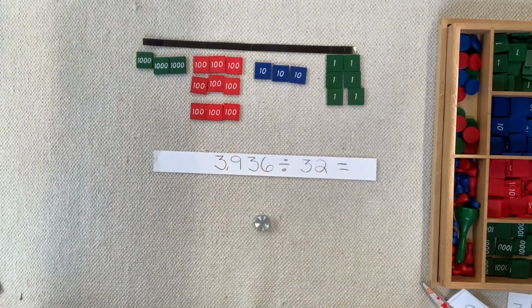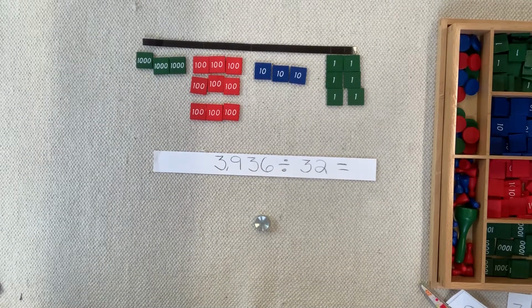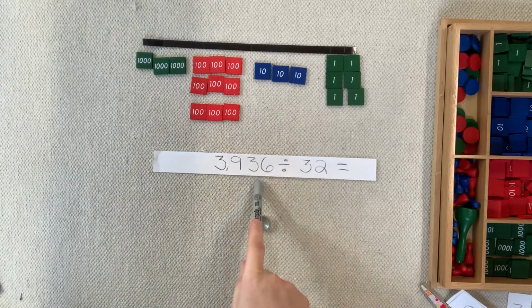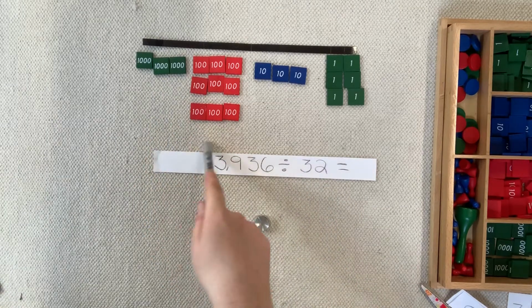This presentation is called Group Division, Exercise Number 3, Algorithm on Paper. So today we're going to take the problem 3,936 and divide it by 32. I've already set up our problem,